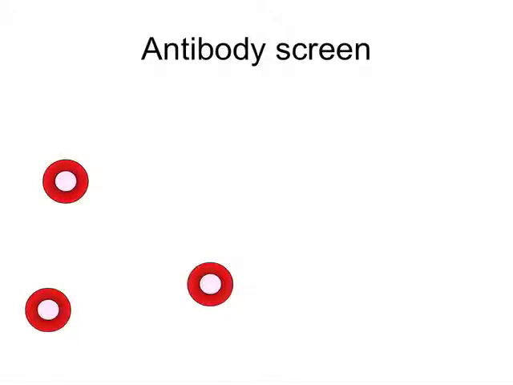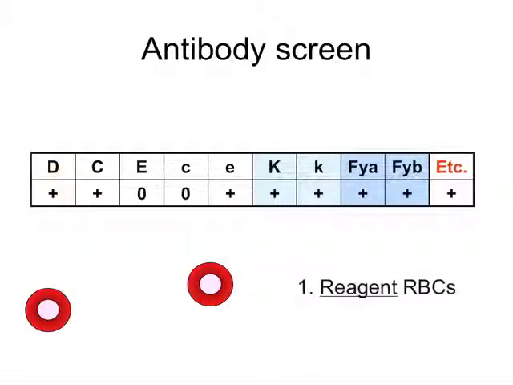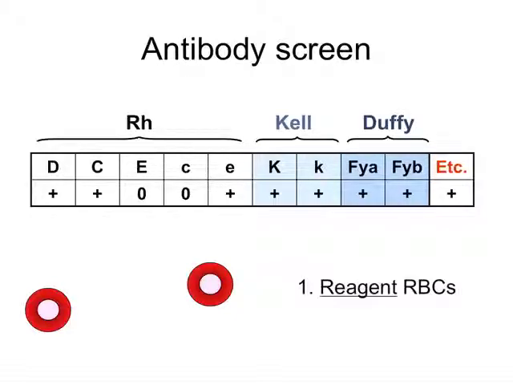So I made a cartoon. Reagent red blood cells are chosen, and they have a known phenotype. And the phenotypes correspond to different blood groups. Here shown the Rh group, Kell, Duffy, and a few other blood groups are used in all screens. And a positive indicates